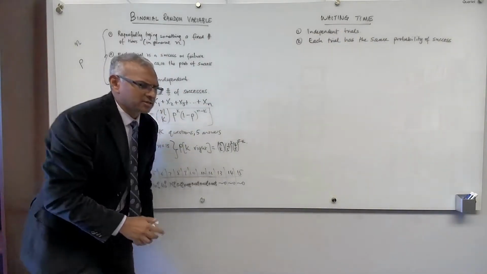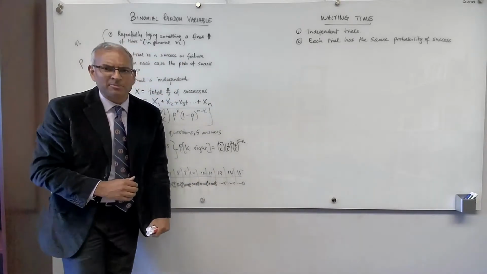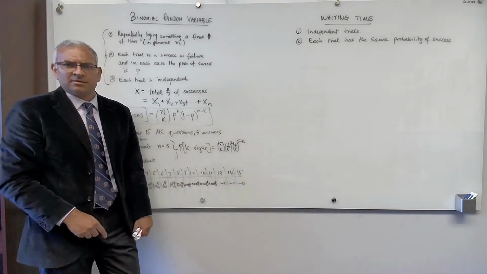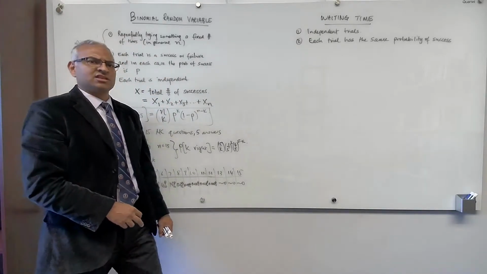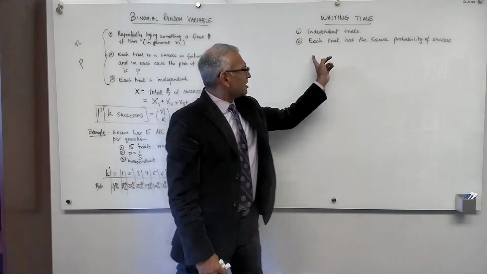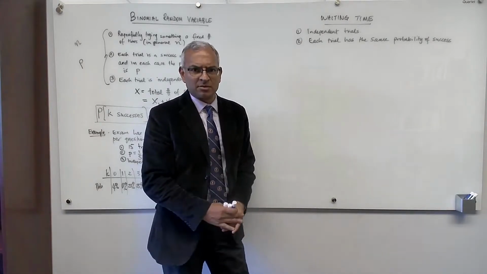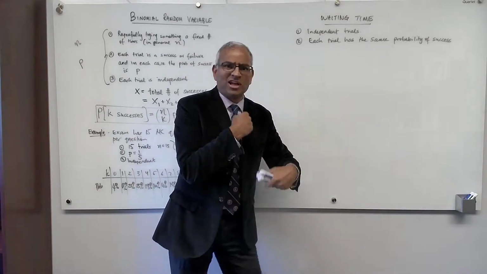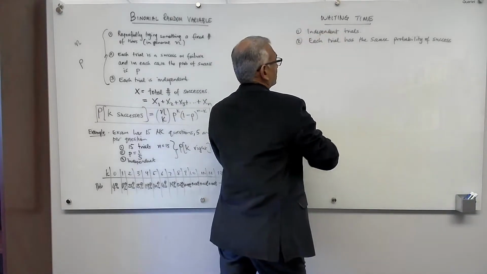So you try, you fail, you try, you fail, you try, you fail. We do this all the time on the internet. We try to send a packet, and if it succeeds, we're done. If it fails, we try again. If it succeeds, we're done. If it fails, we try again. Now the chances of success when we try to send a packet are very, very high, 99.99%. Maybe, but there's still a small chance of failure. So each trial has the same probability of success. Let's call it P.